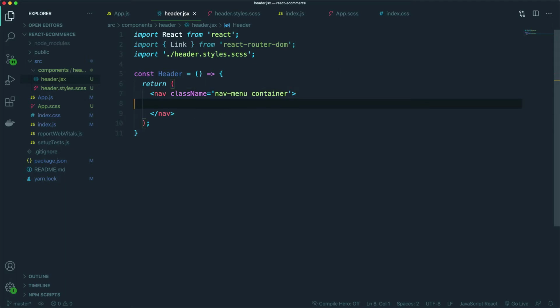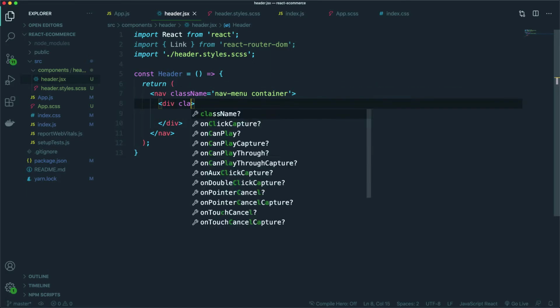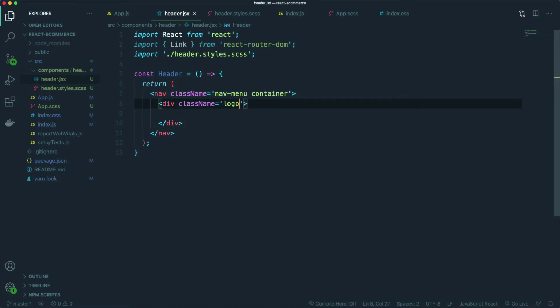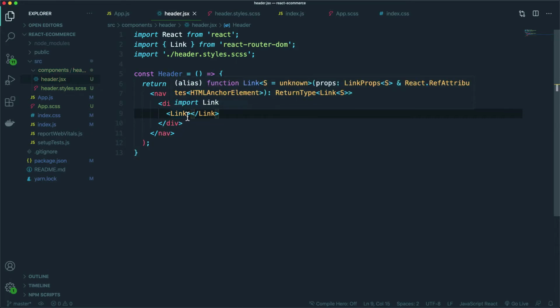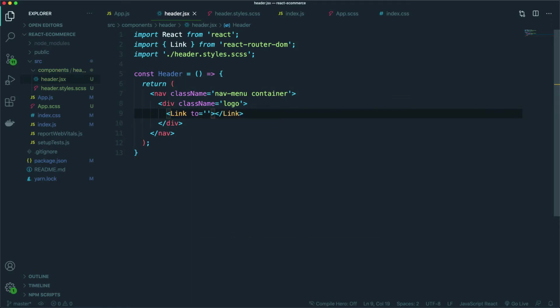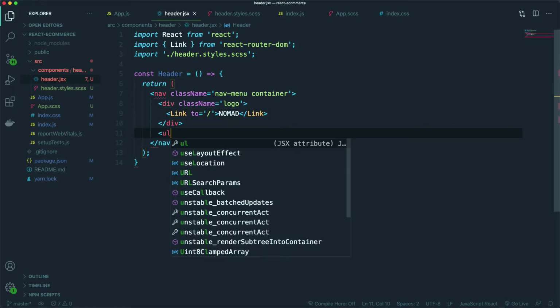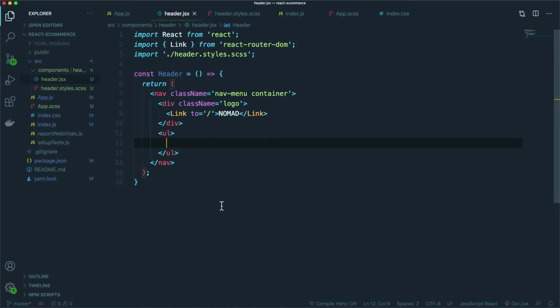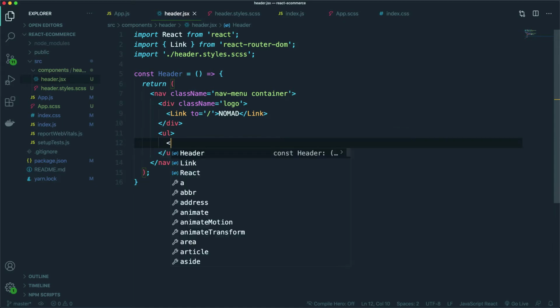And inside here, we're going to have a logo, and we're going to give this a class name of logo. And inside the logo, we're going to use the Link element, and the Link is just going to return an anchor tag as output for the HTML, and this is going to point to the root page. And inside this, we're just going to have a text as our logo. So we're going to keep things really simple, and then we're also going to have an unordered list to contain our links, and then again we're going to use the Link